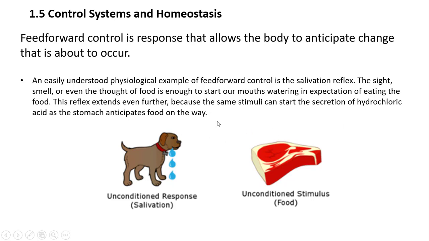It sees some meat, or it smells it, and even the thought of food is enough to start its mouth watering in expectation of eating the food. This reflex extends even further because the same stimuli can start the secretion of hydrochloric acid as the stomach anticipates the food on its way. So that's another type of control in which it's an anticipatory control. Okay, I think that's it for